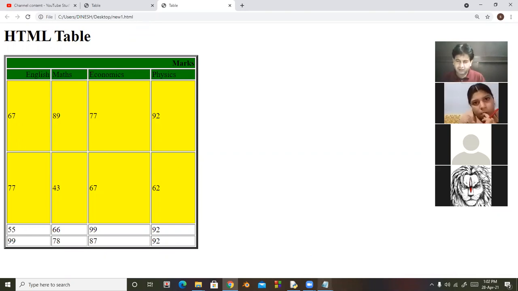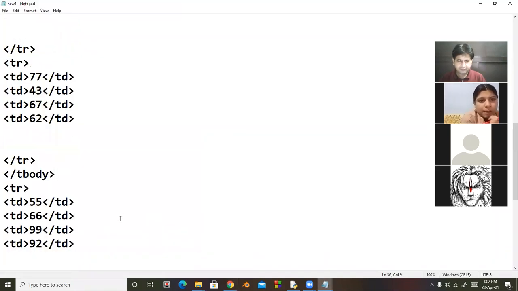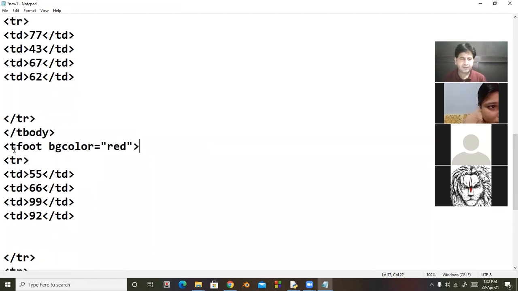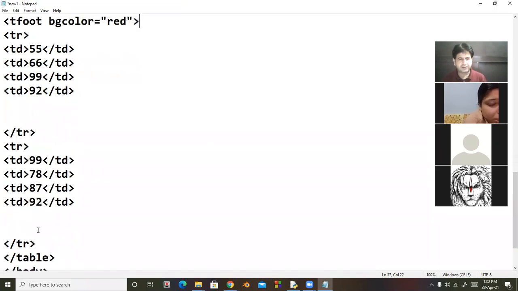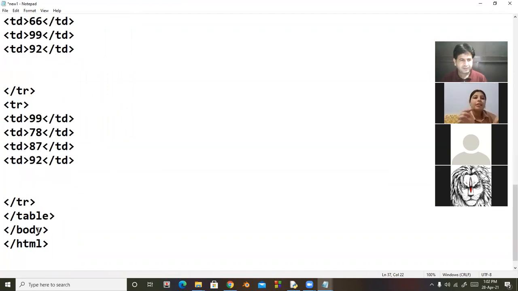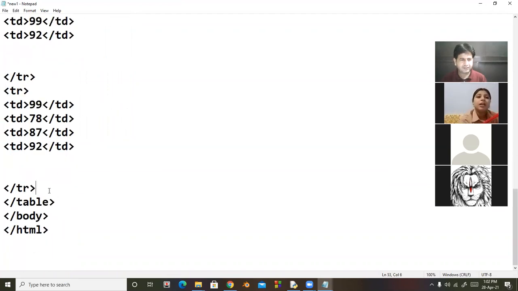And now I'm using T foot, and for the next 2 lines I use T foot and BG color equal to red, and then after the lines I close this before the table tag, T foot.